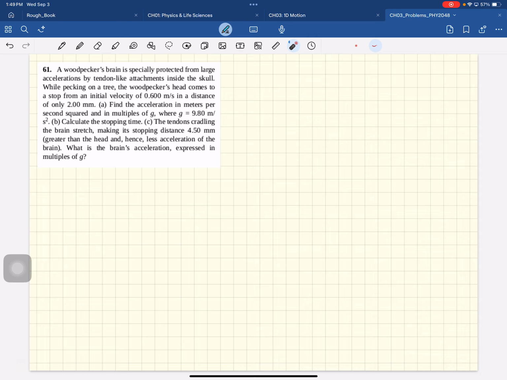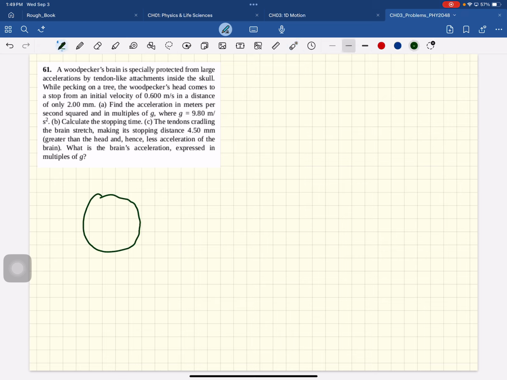All right, so this problem says a woodpecker's brain is specially protected from large accelerations by tendon-like attachments inside the skull while pecking on a tree. While pecking on a tree, the woodpecker's head comes to a stop from an initial velocity of 0.6 meters per second in a distance of only 2 millimeters. Find the acceleration in meters per second squared in multiples of g. Okay, so